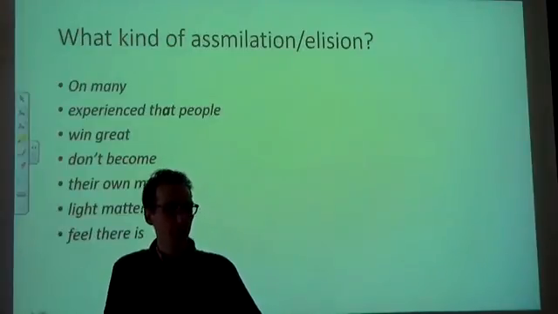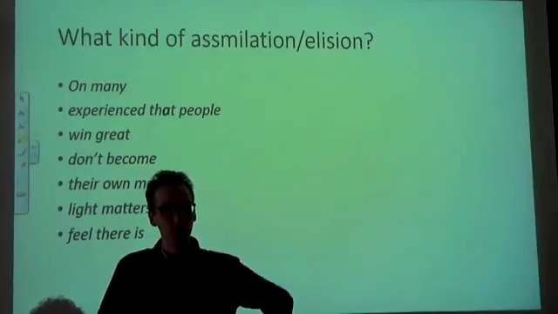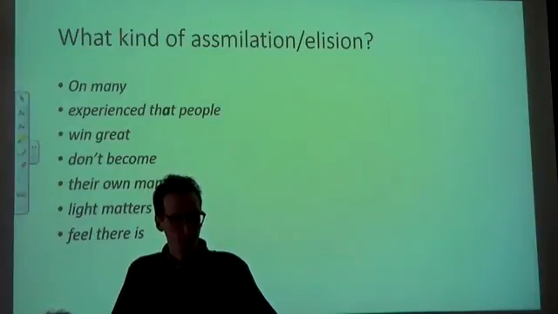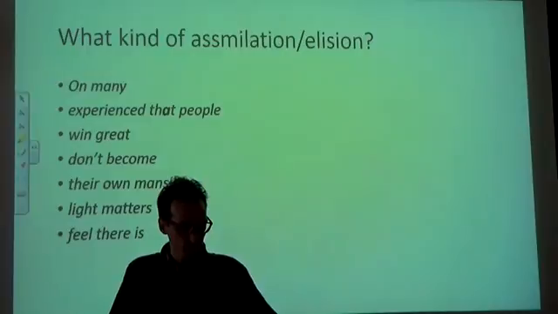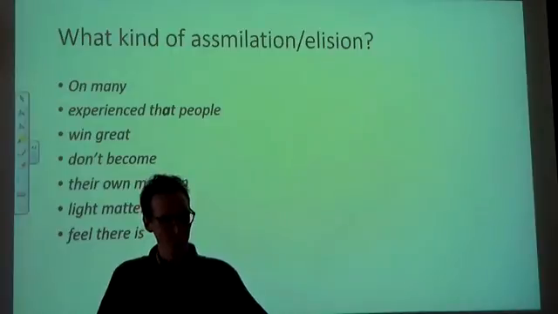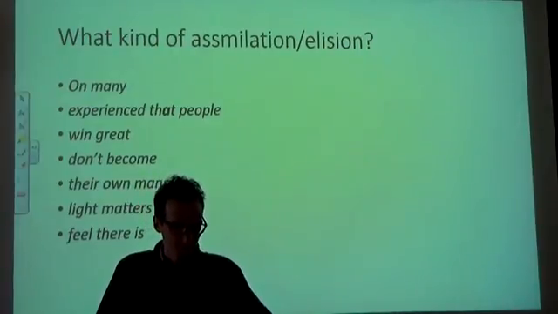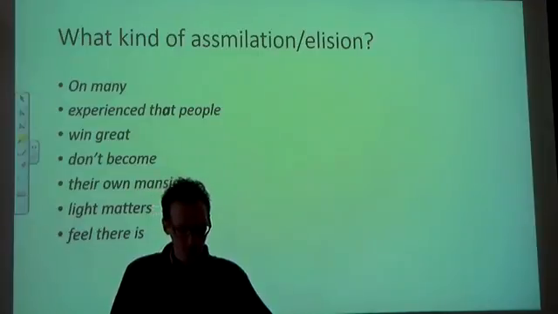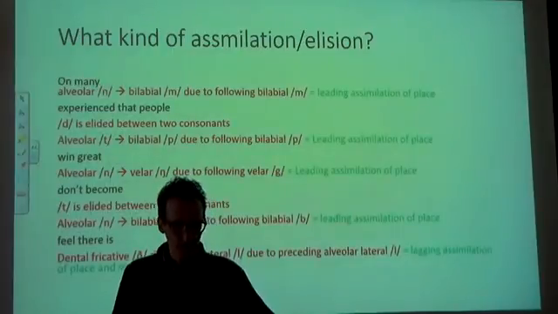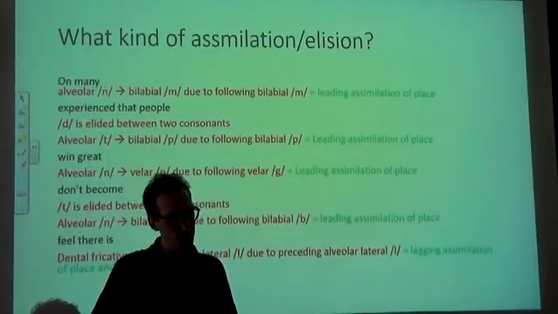So what I was going to do is an exercise with you to find out what kind of assimilation or elision occurs. Now, for the sake of time, I'll just discuss this with you. Just as repetition. So in these cases, assimilation. Now that's interesting. It says what kind of assimilation. It's a different kind of assimilation. So what kind of assimilation or elision occurs in these words or phrases? Here are the answers. On many